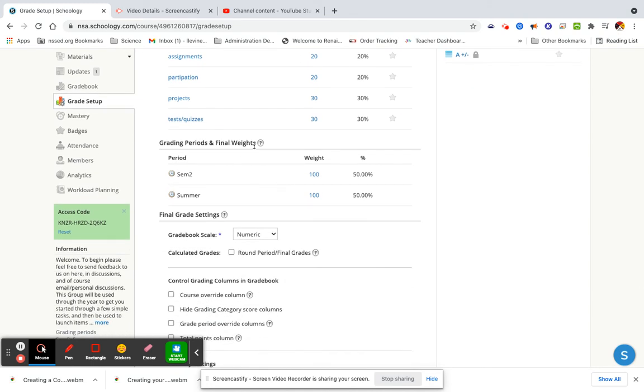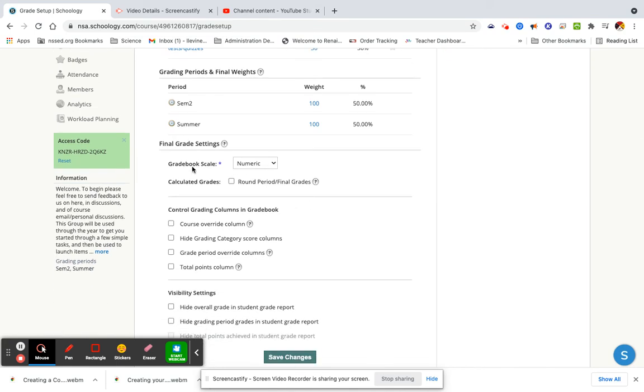This right here, grading periods and final weights. Now, when I set up this course, since I'm starting it now, that's semester 2 now. And then we're going to continue our trainings through the summer. So that's why it looks like this. But yours won't. It'll just have one term in there. The grade book scale,